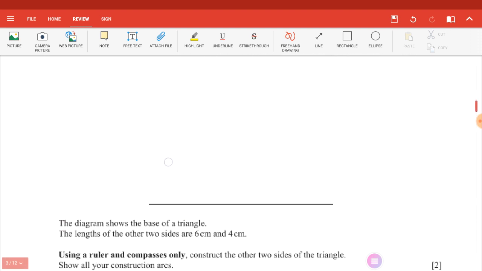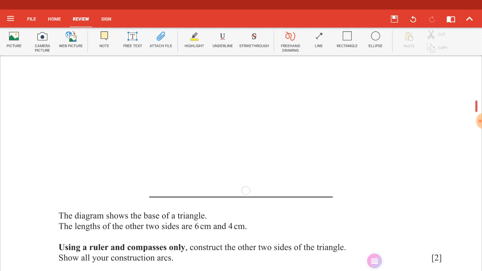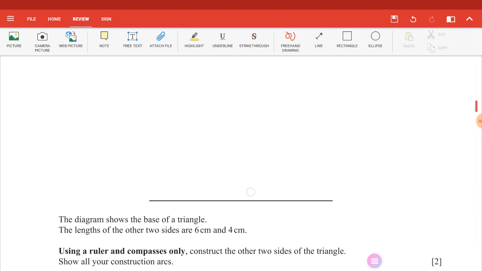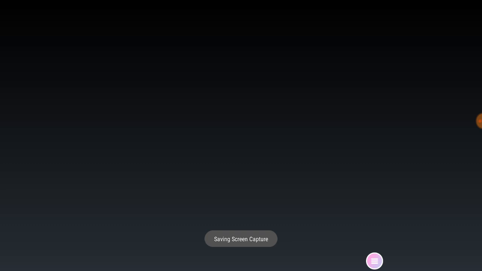Number 8, the diagram shows the base of a triangle. The lengths of the other two sides are 6 and 4. Using a ruler and compasses only, construct the other two sides of the triangle. Show all your construction arcs. Okay, we have 6 and 4, so I will take this to the whiteboard